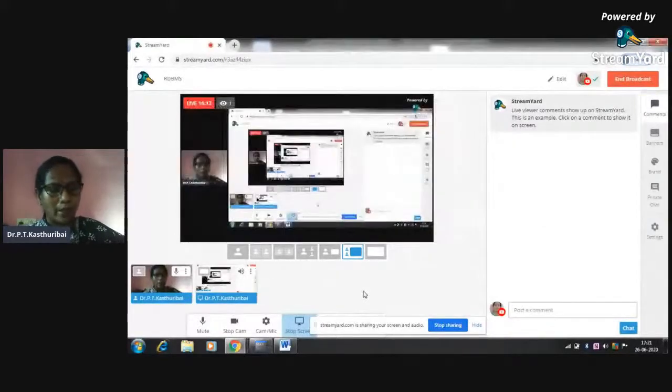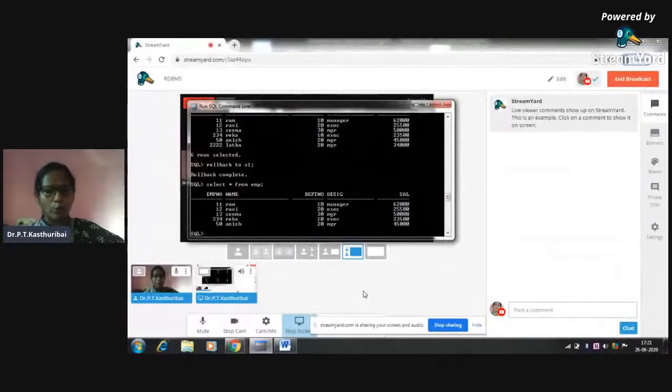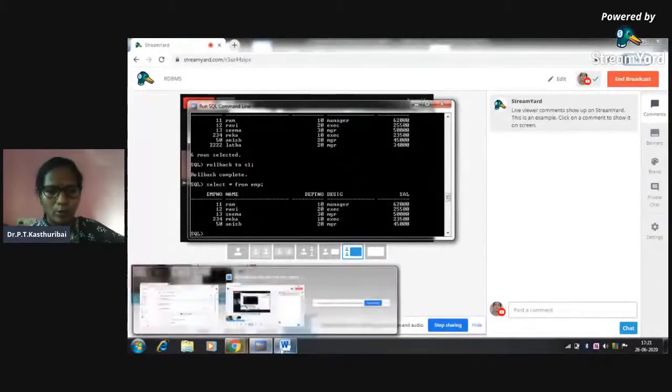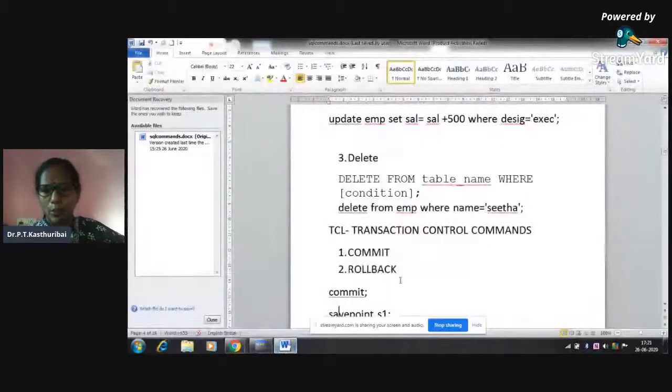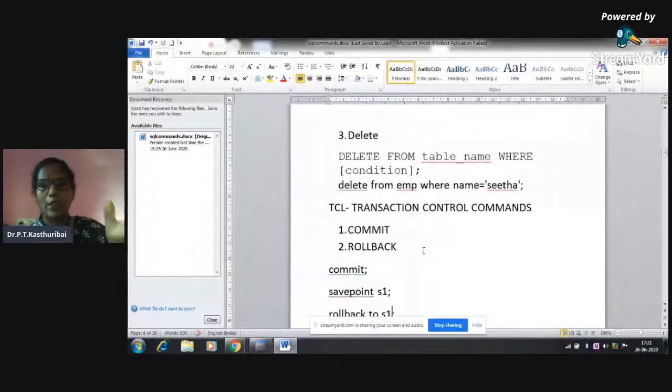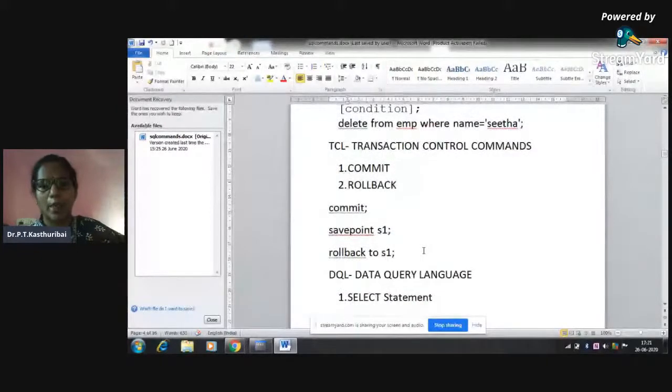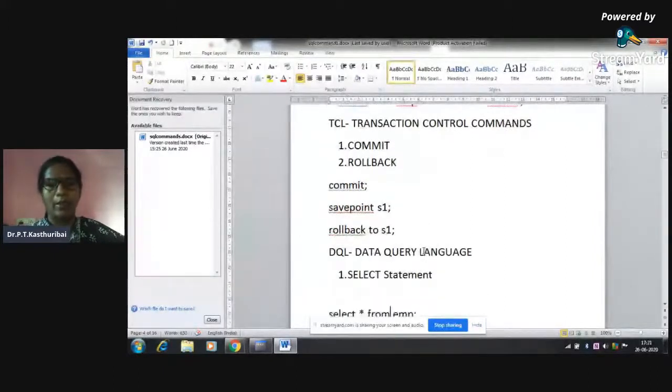The next point: a rollback after a commit is of no use. And similarly, a commit after a rollback is of no use. So wherever you have a doubt, you may add a record, you may cancel it out. In those situations, set a savepoint wherever required and roll back to that particular savepoint. Supposing you have typed 5 commands and you want to cancel only 2 commands, you could have set a savepoint after the third command. When you have a doubt, wherever required, set a savepoint so that you can cancel and go back to the previous status.